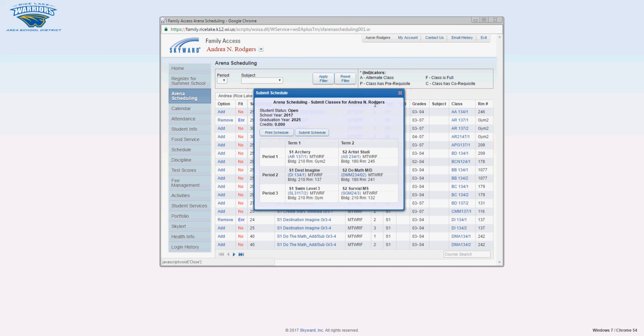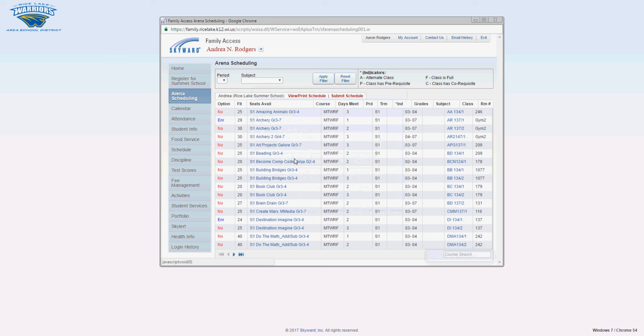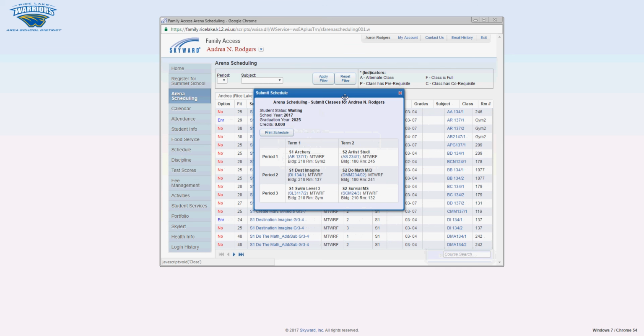Incidentally, once you're done with this whole process, you can always come back to the schedule button on the left hand side and see the classes that you've already scheduled. So you simply submit the schedule. Are you sure you want to submit the schedule? Yes, I do, and your schedule has been submitted. And now if you click to submit again, you can see that it's not available because you've already submitted the